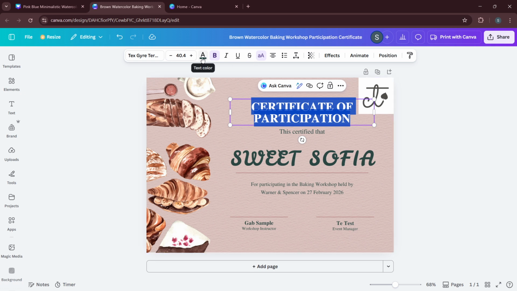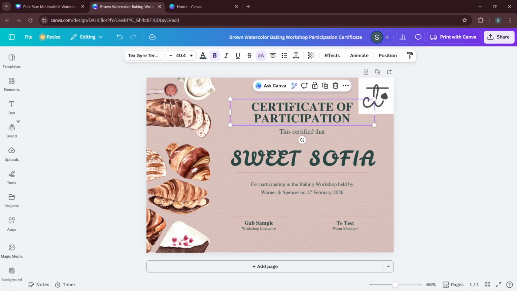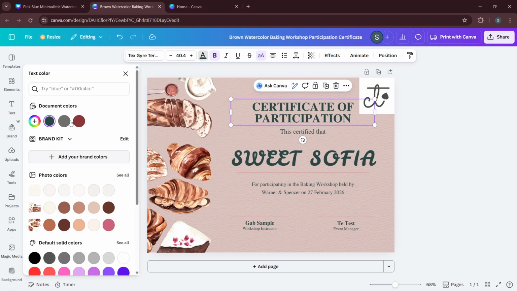Choose your new shade from your brand colors, one of Canva's defaults, or paste a hex code if you have an exact value. After you pick the color, watch for a prompt that says Change All or Apply to All Pages. Click it to replace that exact color across the entire template automatically. This is especially helpful for cleaning up secondary accents, switching background blocks, or aligning button colors across multiple pages without